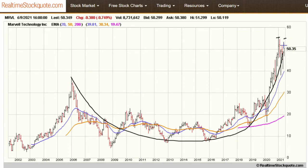Anybody that buys up here is going to be in risk soon. Remember, the price targets were 54 and then 80 something dollars per share. I don't think it's going to get to 60, and I really doubt it's going to get to 55. Time will tell. I may be wrong. I've been wrong before. But my bet would be